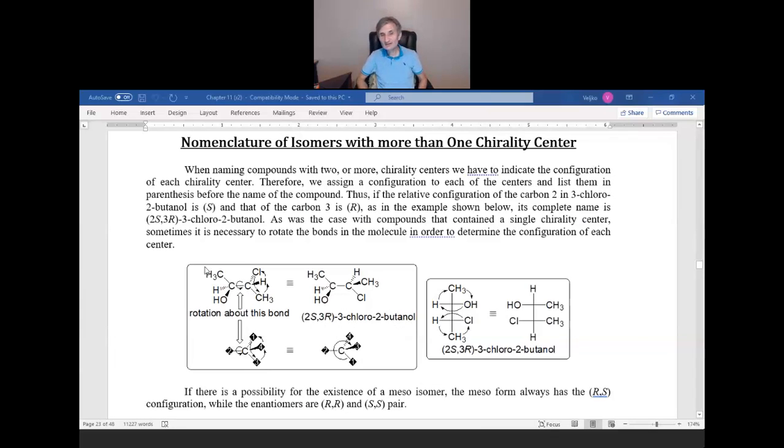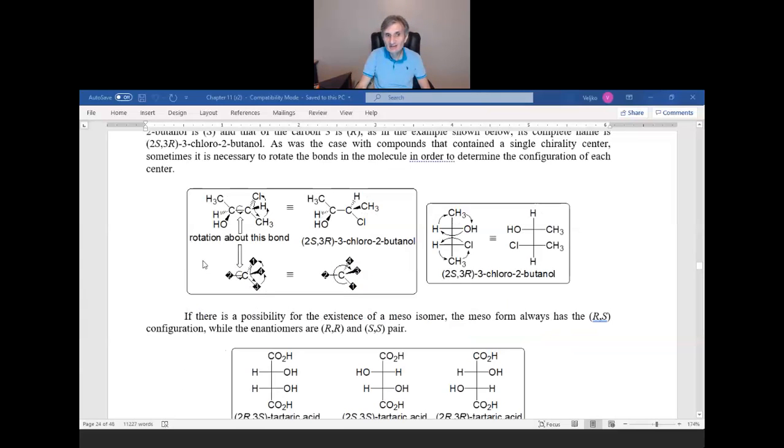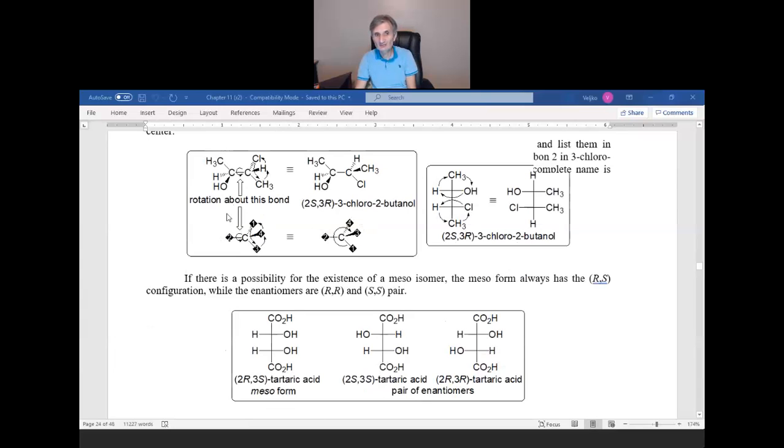And finally, when it comes to nomenclature of isomers with more than one chirality center, we indicate the nomenclature simply by determining each chirality center separately. And then, just like E/Z, we list that in parentheses before the full name of the compound, and we indicate the configuration of each chirality center. So chirality center 2 is, in this case, S, 3 is R, so (2S,3R)-3-chloro-2-butanol. And you should be able to determine that from either a perspective drawing or a Fischer projection. Make sure that you're familiar with these